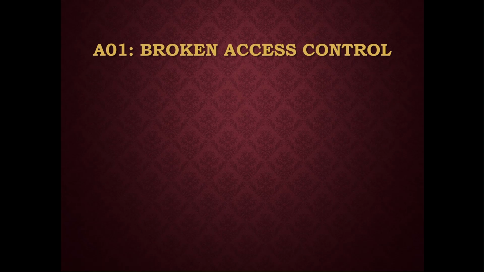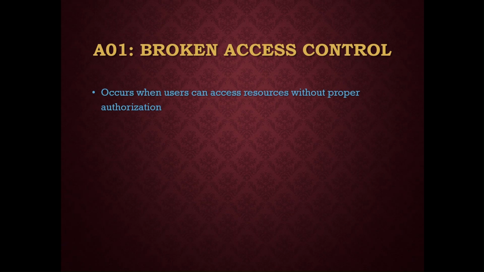This is the number 1 in 2021. What is broken access control? This vulnerability allows bad actors to bypass authentication and gain access to sensitive data and systems. They can exploit this vulnerability simply by modifying the URL or by changing the parameter within the browser. It occurs when a user can access a resource without proper authorization, and it occurs due to the lack of proper access